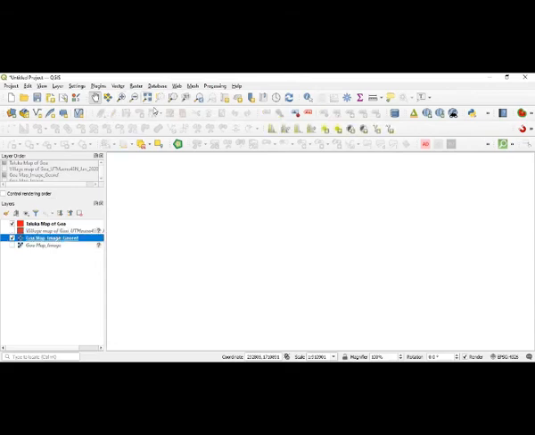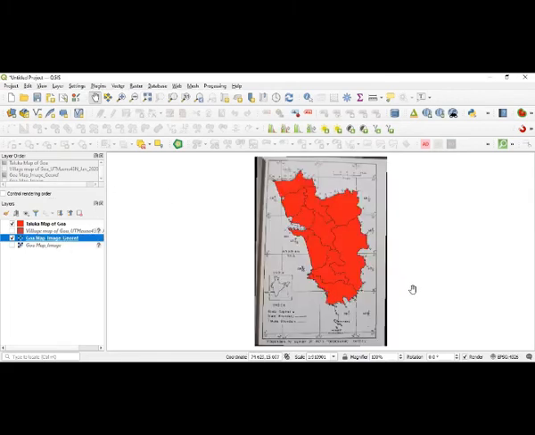And after this, now what I want is reordering the layers. Now if I want the taluka map to come down, then the village map to go up, what I can do here, you can see that there is something called layer order here. So this layer order you can change.